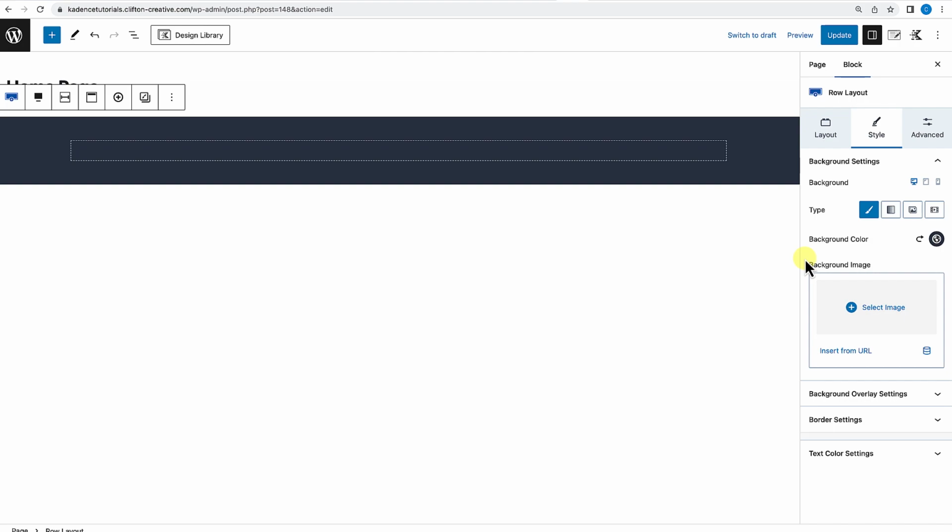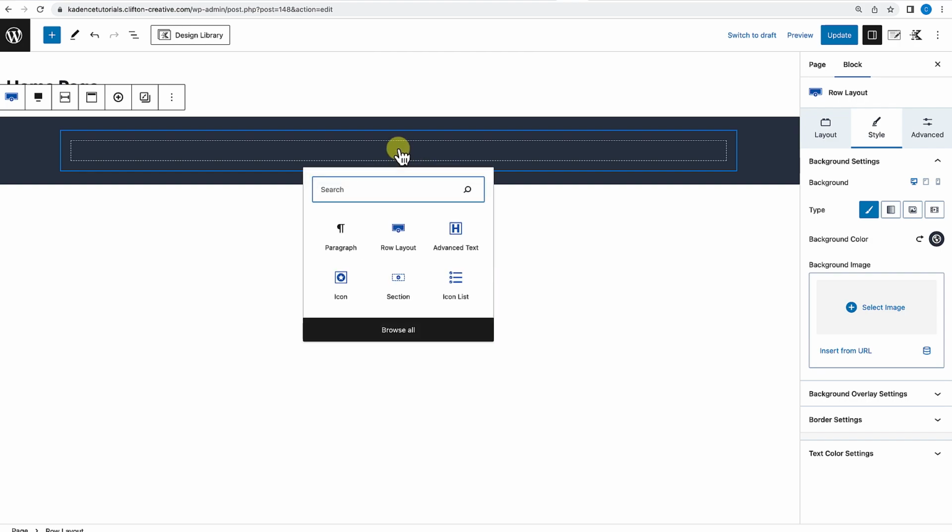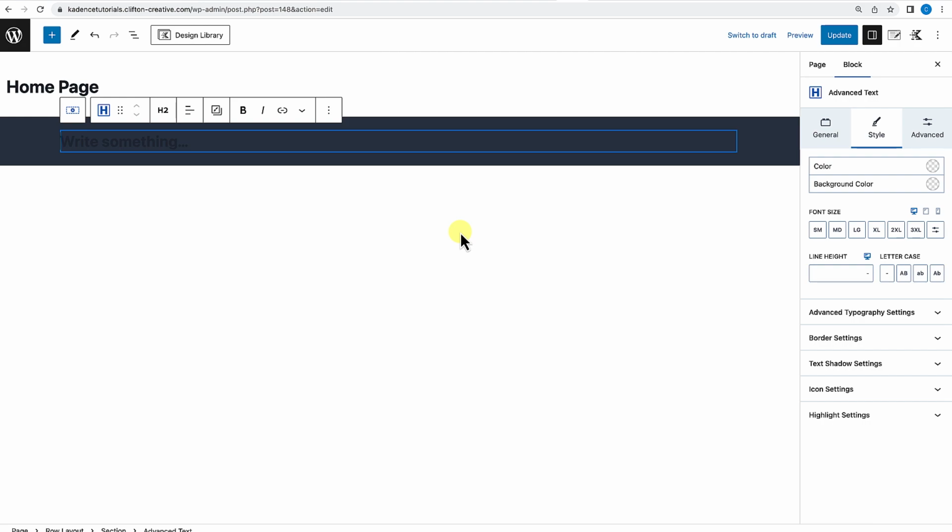And then the next thing that I want to do is add some information in here, right? So I want to make sure that this hero area has some info. I'm going to click on the plus sign and add some advanced text. I'm going to go ahead and center my text, and let's type something. We'll say this is an awesome hero